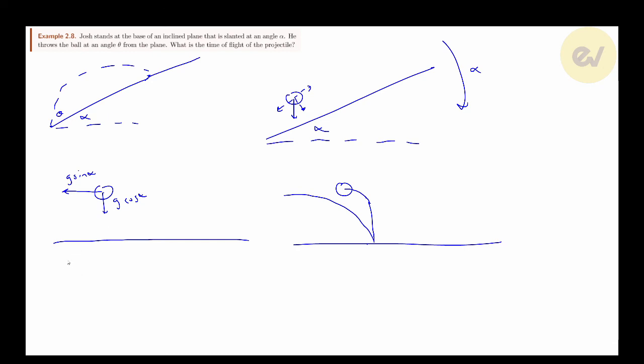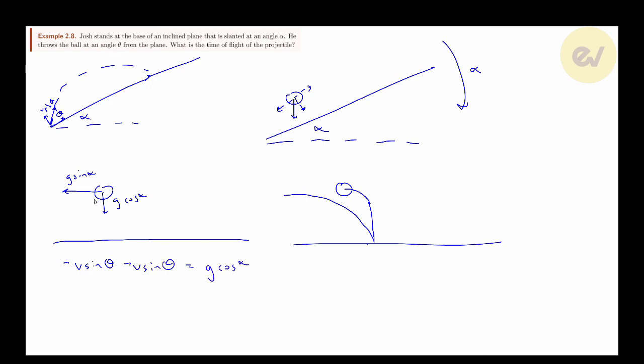But you can say negative v sine theta is the final velocity. By the way, the velocity this way would be v sine theta, and this way would be v cosine theta. But anyway, the final velocity, negative v sine theta, minus the initial velocity is equal to the acceleration,